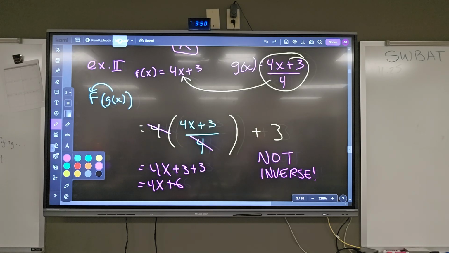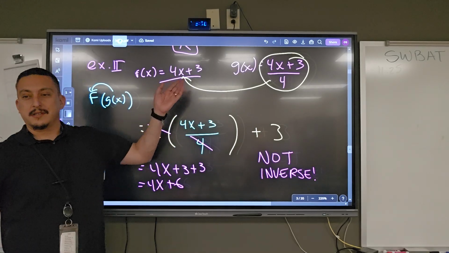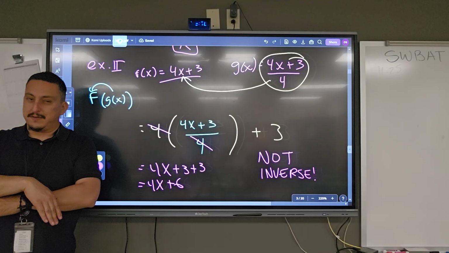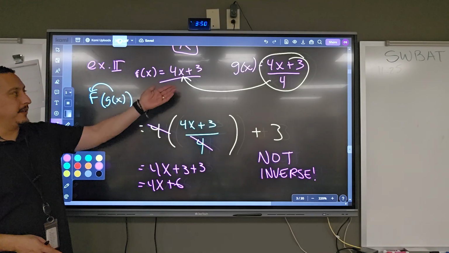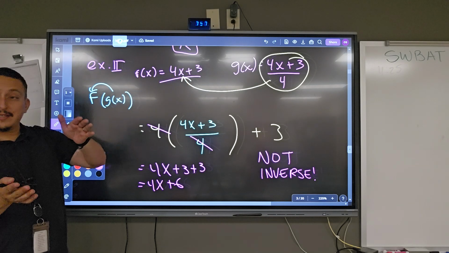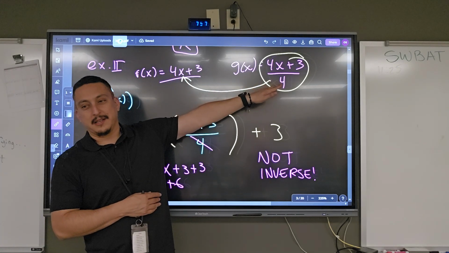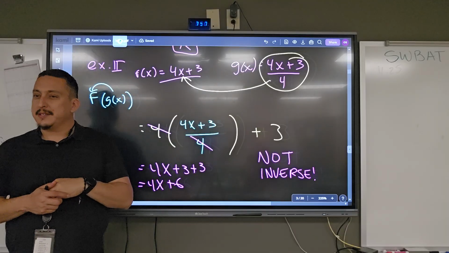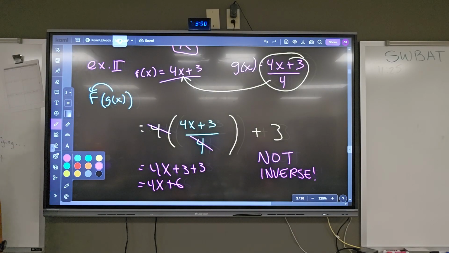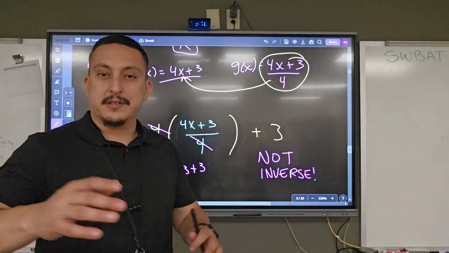What were you just doing a little bit ago? A minute ago, weren't you finding the inverse of those? How did we do it? We would switch x with y and solve for y. So you could, in theory, just switch x with y, solve for y, get the true inverse, and see if it's that. If it's not that, then it's not the inverse. You get what I'm saying? So you could do it that way too, but it's good to know this. Any questions? Okay, so as far as the notes,